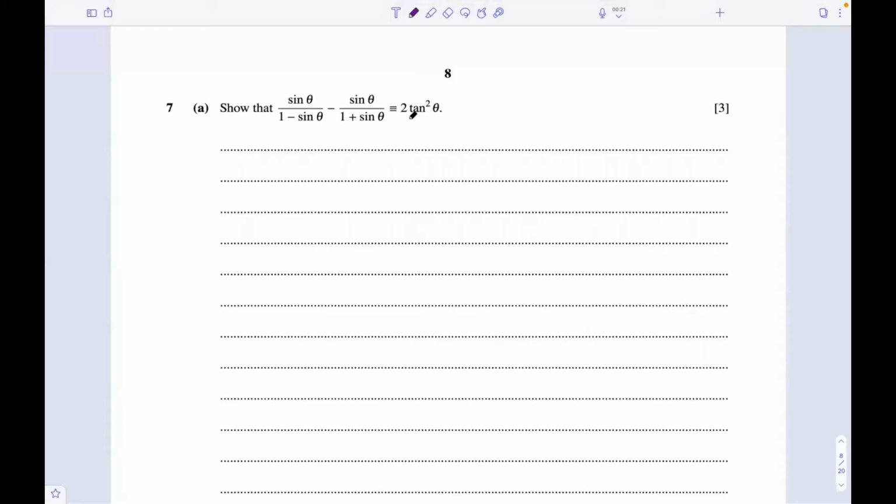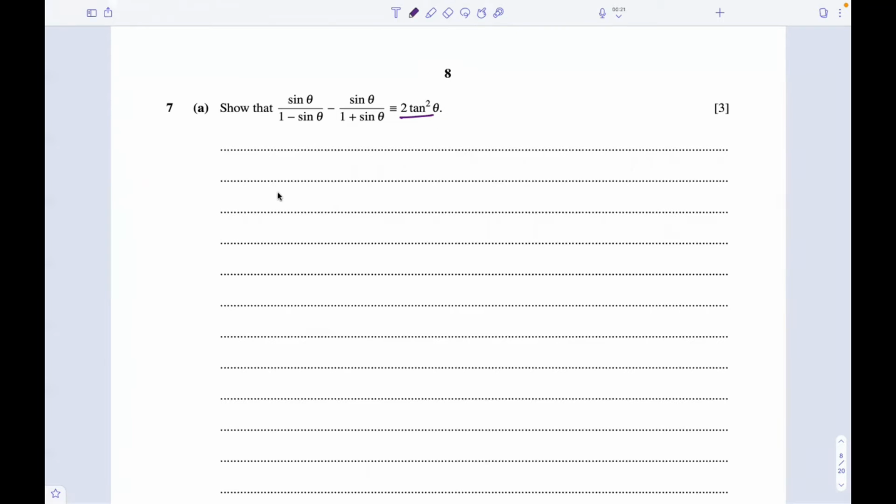Question 7, we have to show or prove an identity. So we always start from the side which looks more complicated or more extensive, and we can simplify it down to make it equal to the other side. So the first step of solving an identity is basically we just try and